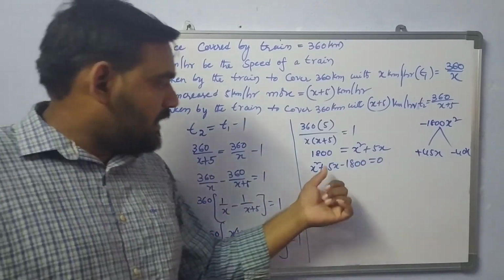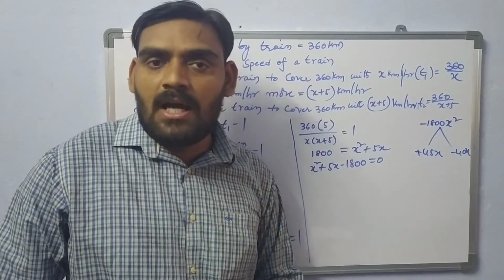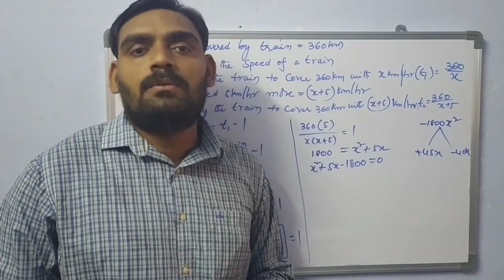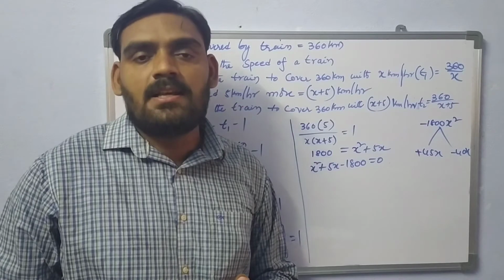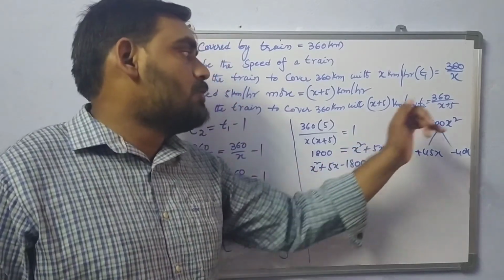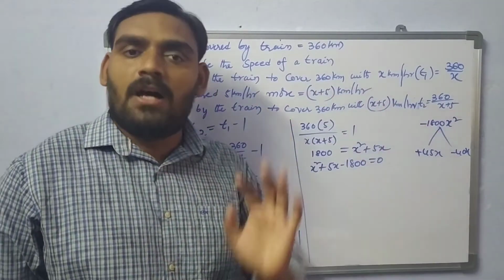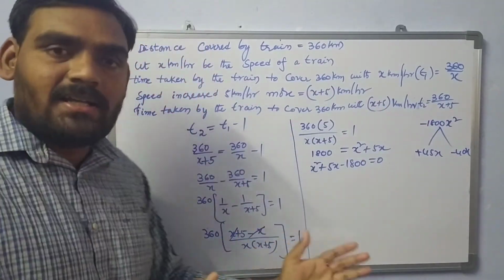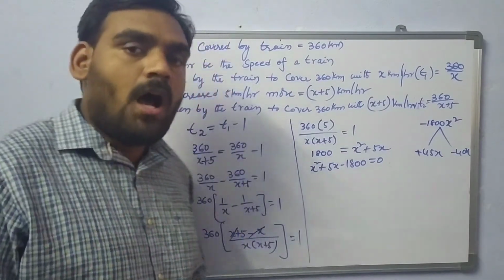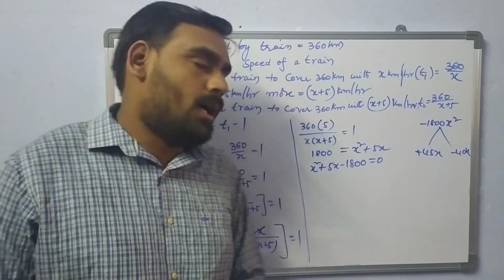Now we can also find roots of a quadratic equation by using the formula, that is x is equal to minus b plus or minus square root of b square minus 4ac by 2a. Whenever we are unable to get roots by using the factorization method, you can go for the formula method, no problem at all. Already I explained in the previous problems how we can find roots of a quadratic equation by using the formula.